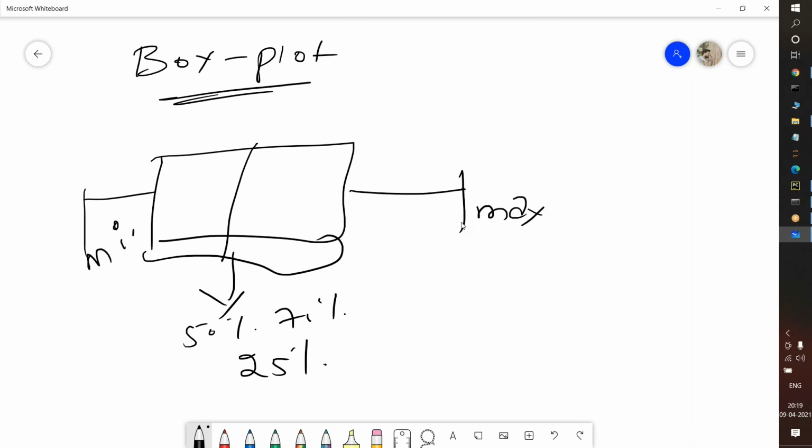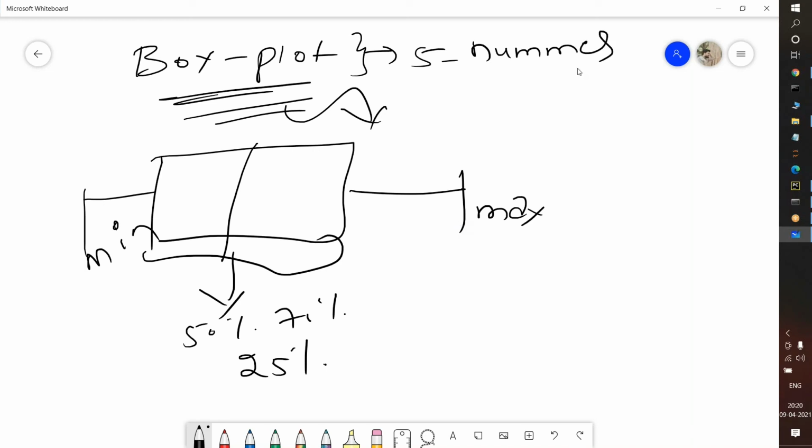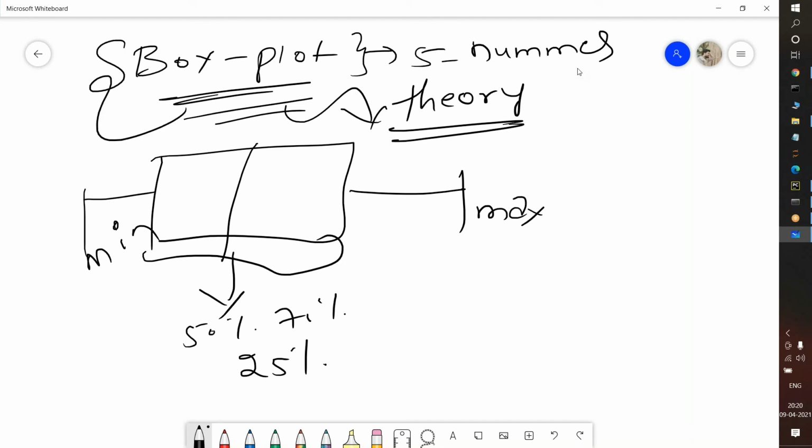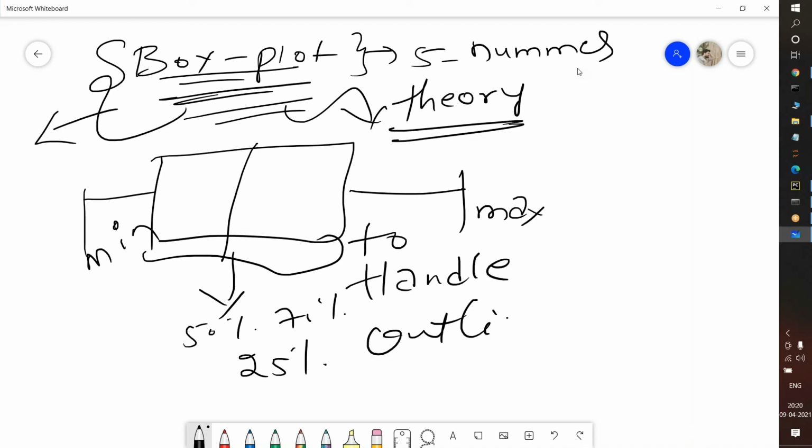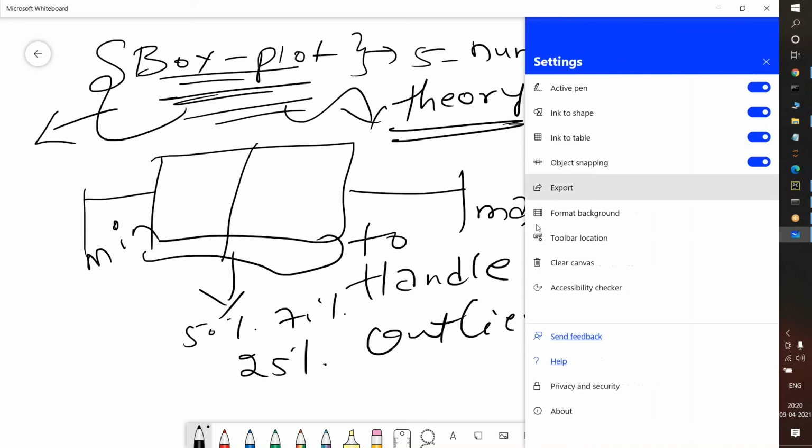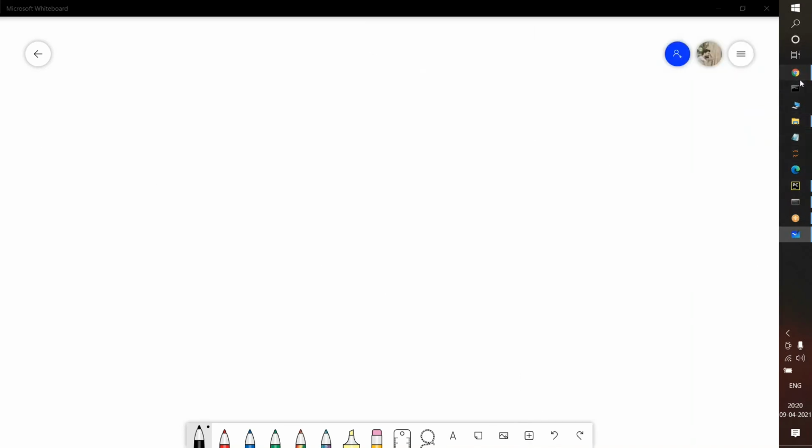Don't worry, guys, when we discuss statistics I will explain it completely. The box plot is also known as the five-number summary, the most important one. If you want to do machine learning completely, you need to understand what a box plot is. The purpose of using a box plot is to handle outliers. I'll explain when we deal with statistics; if we discuss it now we will forget and have no idea why we are using it.